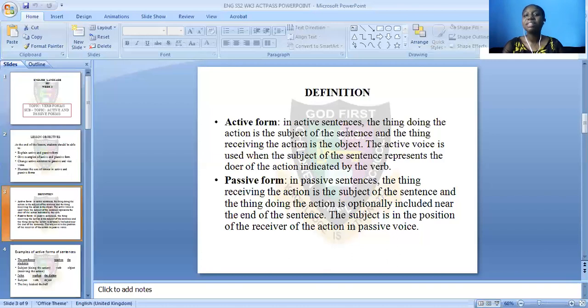And the thing receiving the action is the object of the sentence. Listen to me carefully. In an active sentence, the thing doing the action, the doer of the action, is the subject of the sentence, while the thing receiving the action, that is the receiver of the action, is the object of the sentence. Now, when the person or thing doing the action, that's the doer of the action, is in the subject position,